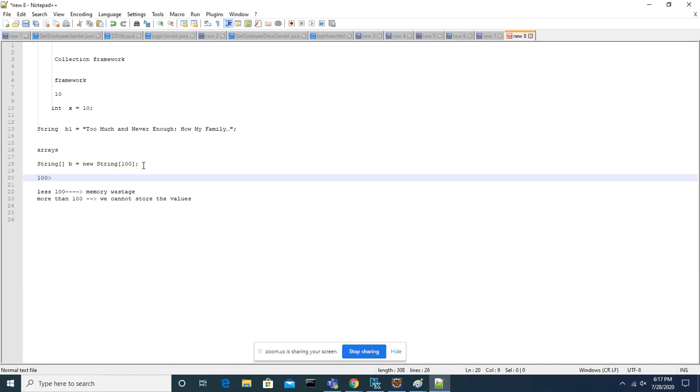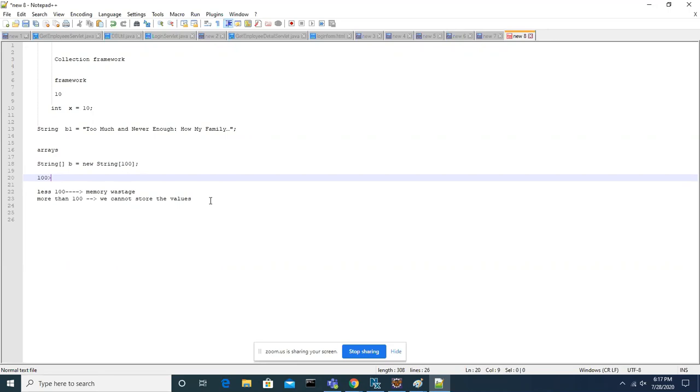So in that scenario, we cannot decide only the size of that array, right? Or else we can do this. Okay, let's say I want a maximum of 1,000 students only. Then you can make it 1,000, but if only 10 students registered, then the memory already occupied for the 900 students will be wasted or not? Yes, sir, it will be wasted. So that is the problem, memory wastage, or we cannot store.